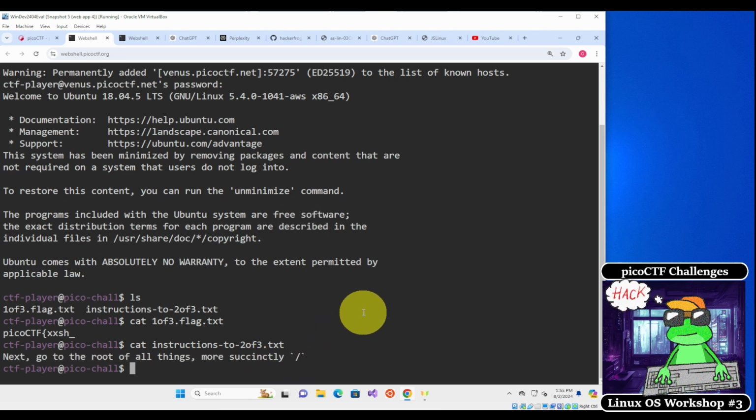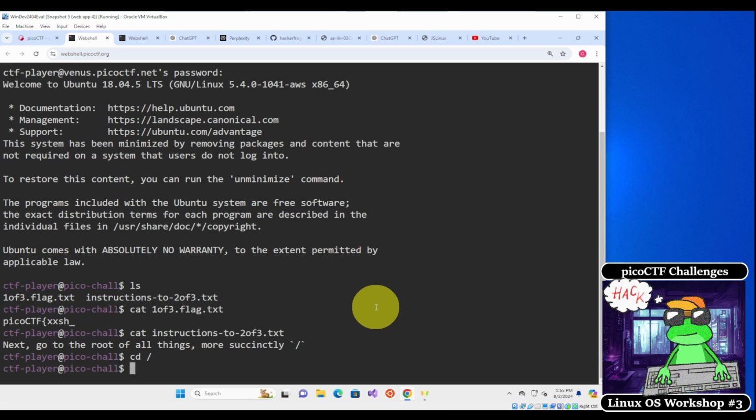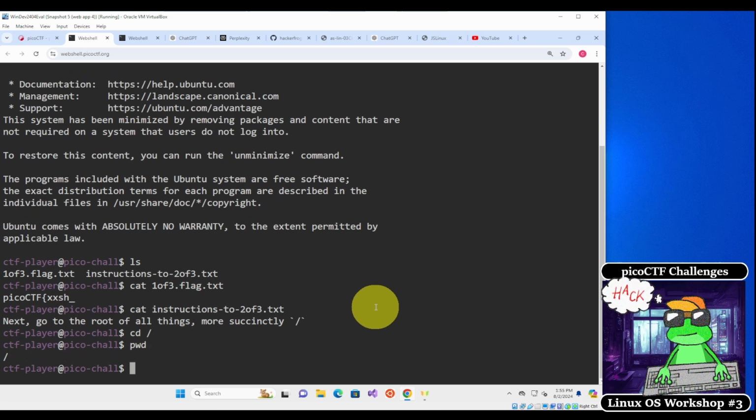For anybody who doesn't know, if you do cd and then go to slash, that's going to bring you to the top level of the file directory. So cd space slash, if you give this command, you're going to go to the top of the file tree. And if you do pwd after that,